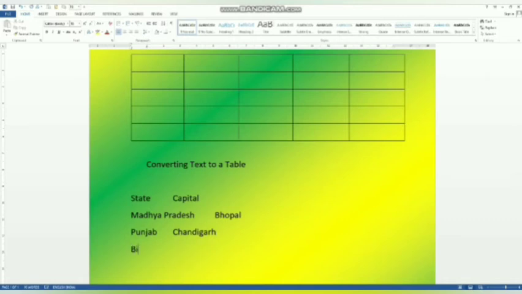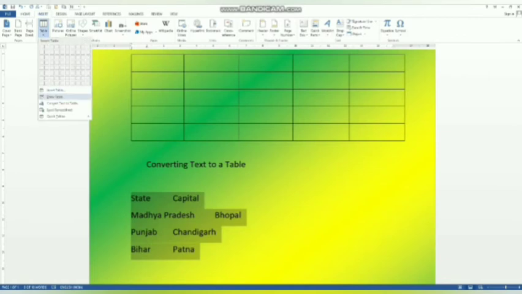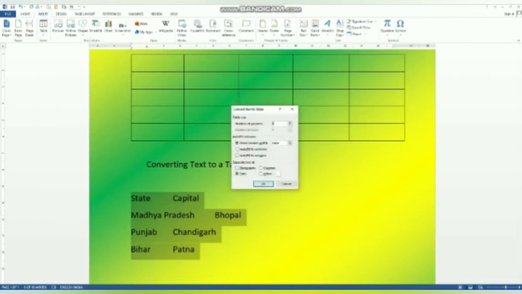And then to convert this text to a table, follow the steps. First of all, select the entire text. Then click the Insert tab. Then in the table option, select Convert text to table.